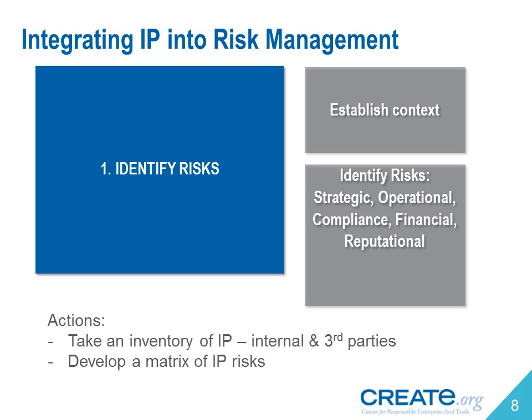So taking an inventory effectively of the internal IP that you potentially have risks or want to protect in certain ways, and IP that sits with third parties, particularly your supply chain, who may be managing your IP or maybe managing other companies' IP in ways that could affect your own business. If your supplier is involved in counterfeiting for someone else, if they get shut down, you can have supply problems yourself, obviously. And then from the inventory of IP, we think that developing a matrix of IP risk